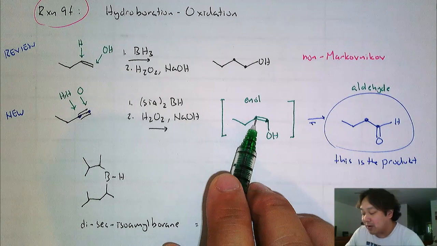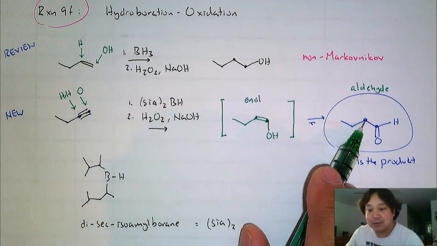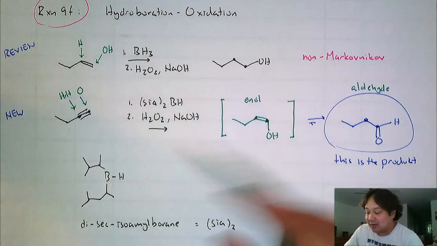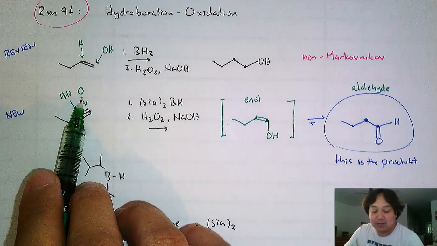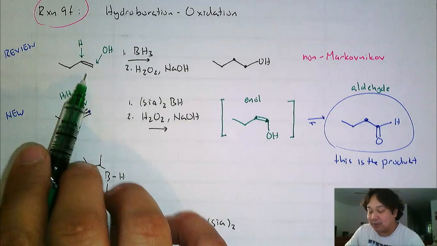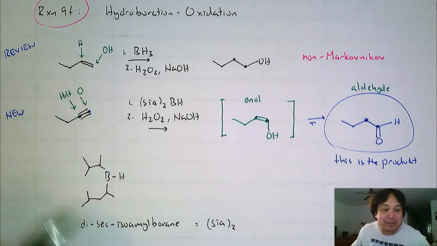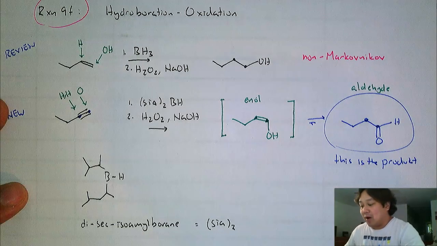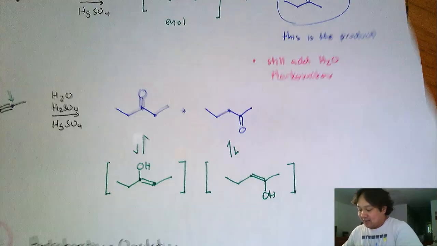This carbon here has 1 hydrogen. Now it has 2. And yes, we still literally added 2 H's and an oxygen. They're just in different forms than what we did in the alkene. It's a little bit tricky. What you want to realize is that